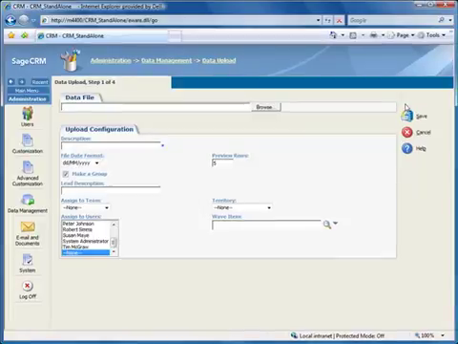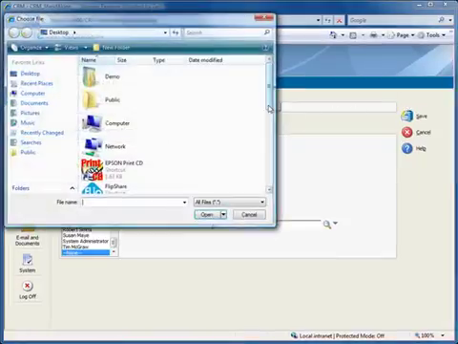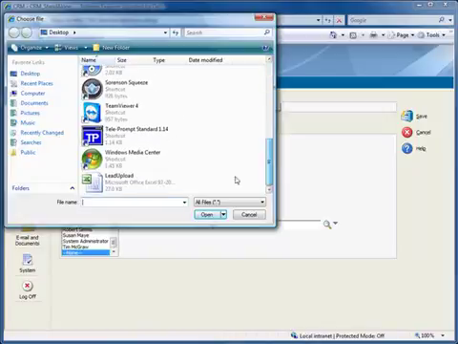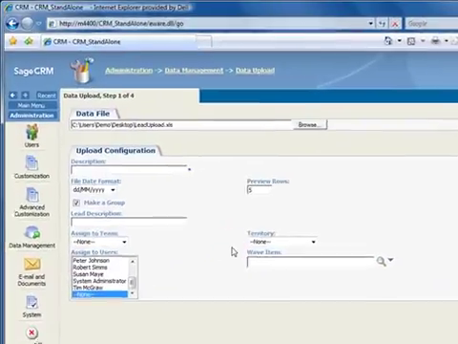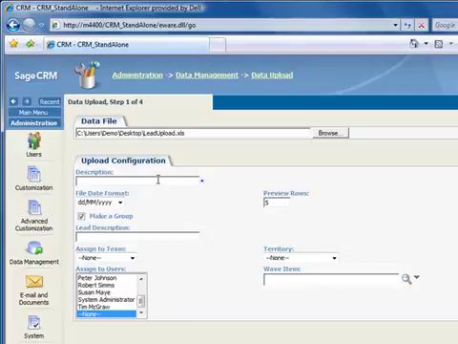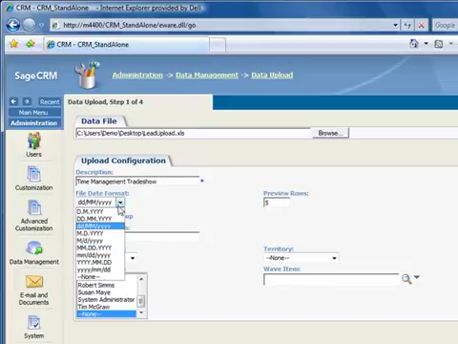The first step on this screen is to browse for your import file, which we'll find on the desktop. Let's enter a description that identifies the source of the file. In this case, we'll say Time Management Trade Show. You may recall that one of the fields we're importing contains the upload date. In the date field here, we need to select the format that we used in our import file, and we'll